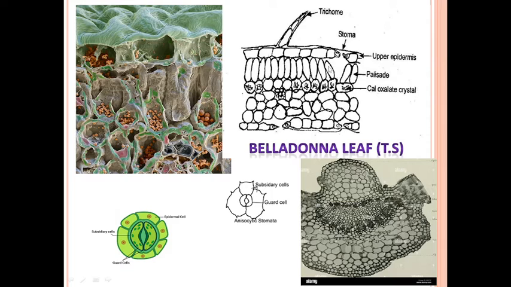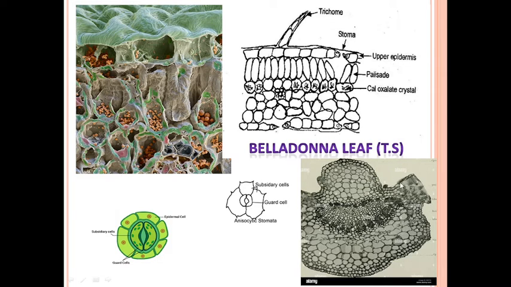After that, the main important characteristic of this belladonna leaf is the stomata. The anisocytic type and some anomocytic type stomata are present on both surfaces, the upper surface and the lower surface, and two types of stomata are found in the transverse section of the leaf. First one is anisocytic stomata. This is the structure of anisocytic stomata. These stomata are pores or openings on the upper as well as lower surface of the leaf